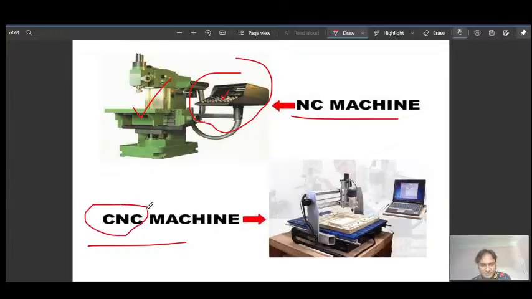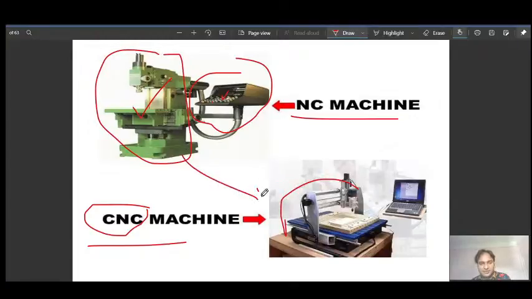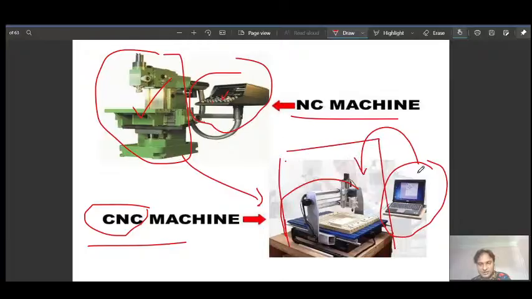And what we have here in CNC machine, again this type of machine tool, and to enter the program we have a computer. It can be mounted along with the machine and made an integrated part for entering the program and modification of the program. So you see the difference.